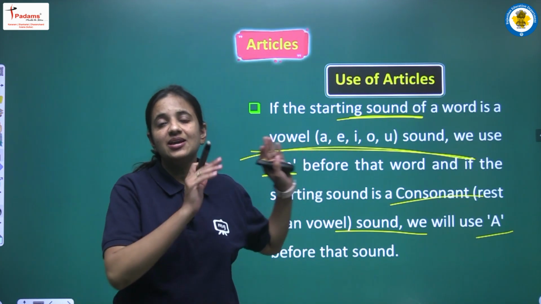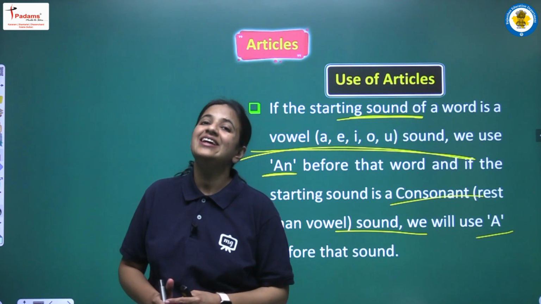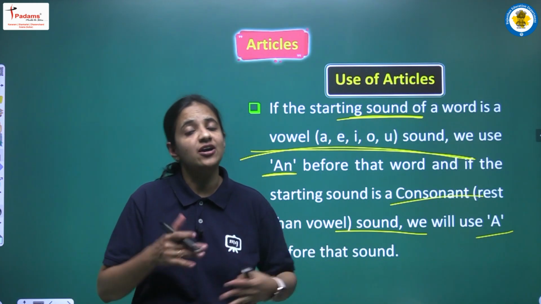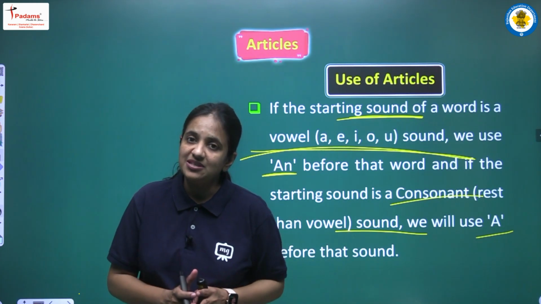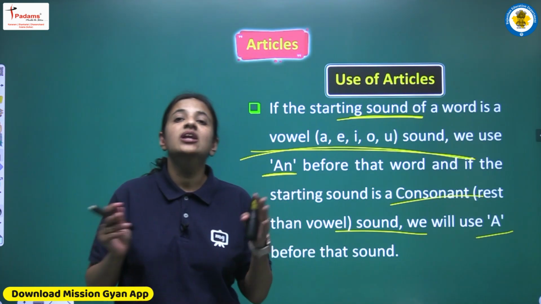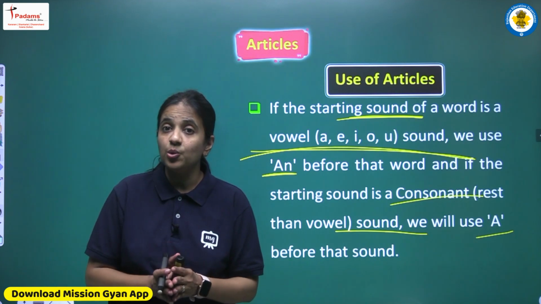Okay, so this is the important point that we have to take care of, and according to this point we have to use a or an accordingly. So again I am summarizing the rule that we are having here. According to this rule, we have to pronounce the word, we have to see the sound of the word,